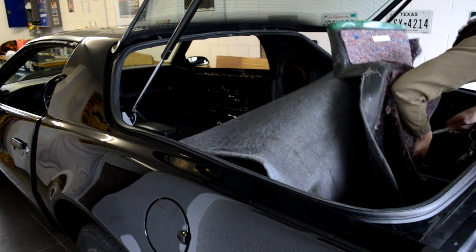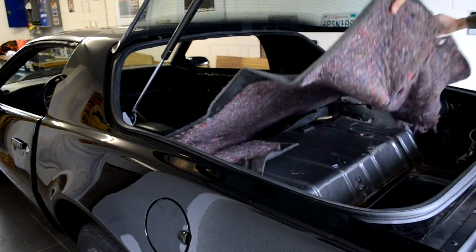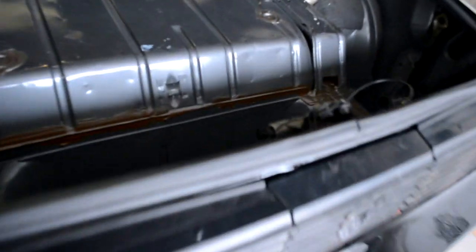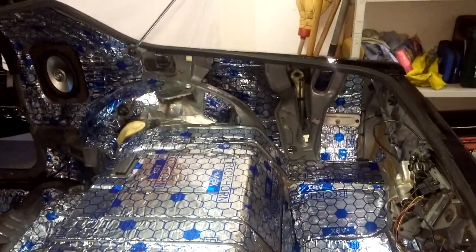Once all of that is out of the way, removing the carpet is a breeze. Start with the trunk compartment and simply pull it out. In some areas, the carpet might still be glued to the floor, so just take a knife and cut through the glue. Then do the same for the cabin area. It looks like I didn't film the part where I pulled out the carpet in the cabin area, but at least now you have a peek of how it looks with the sound deadening and the new speakers